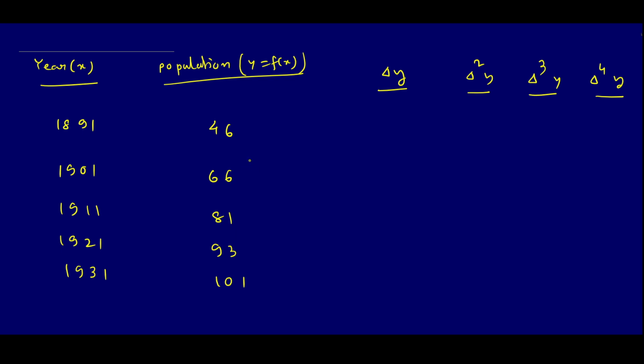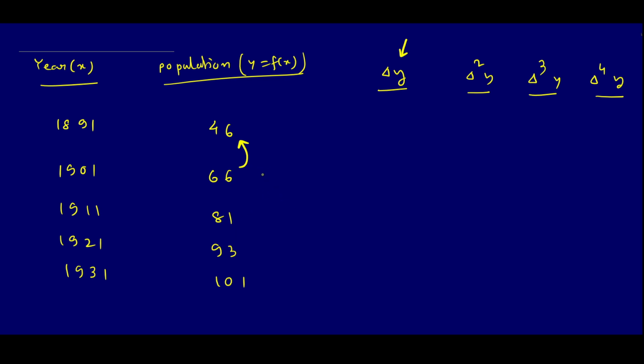Now we'll first make the difference table. If you observe, I wrote delta here, not nebula. Maybe you're thinking that if we use the backward interpolation formula, we have to write nebula. Yes, nebula you can also write, but then we have to subtract in that way. It will be difficult. So let us do all the sums in a similar pattern, but at last we'll have a twist. How to put those values, I'll explain.